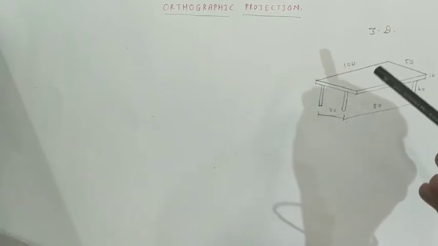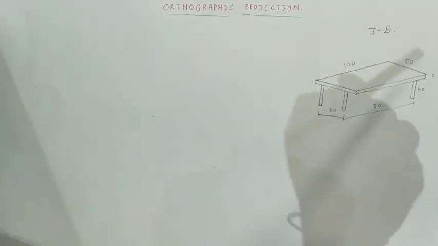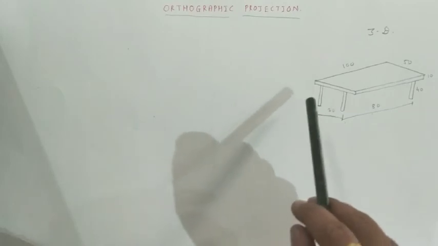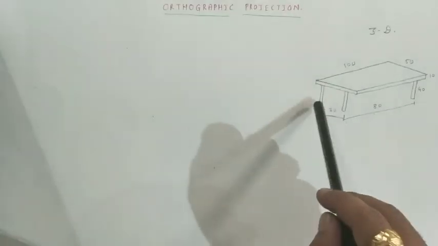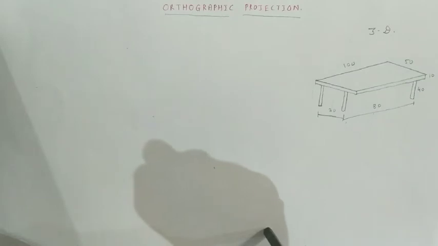That means there is no point in showing it. So if you have this drawing with you and take it to manufacture, unfortunately you will give me a table having 1, 2 and 3 legs only,